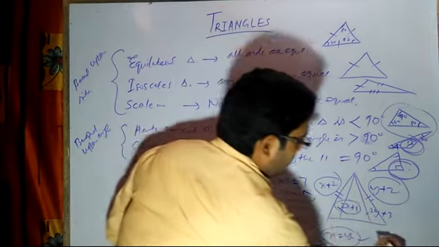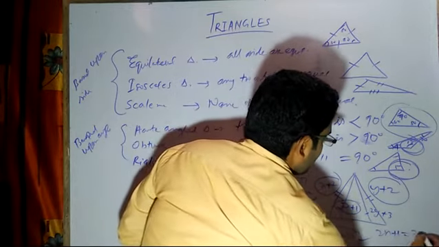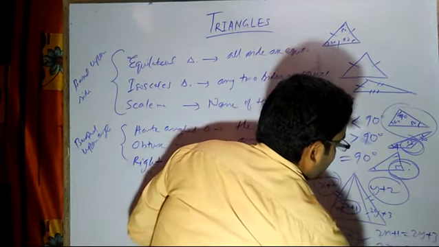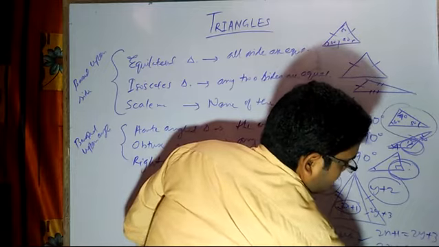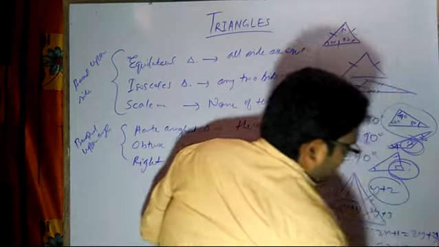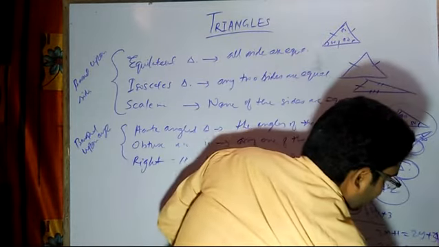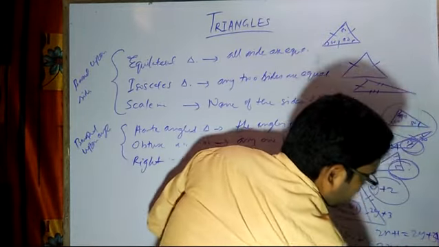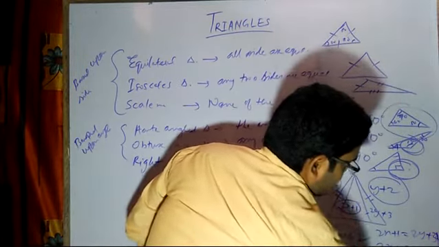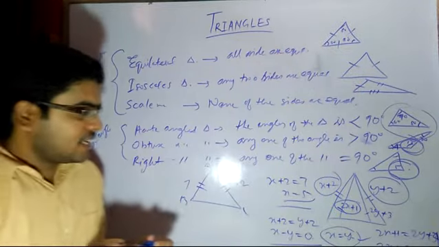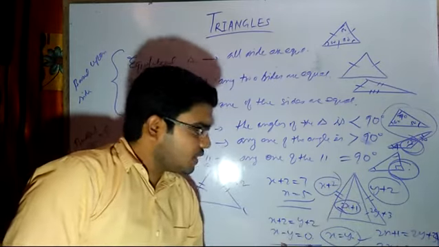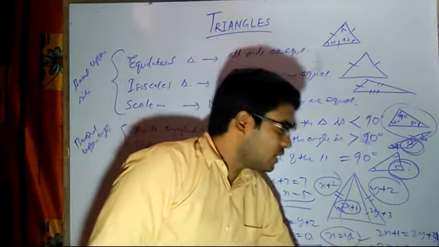After that you will write 2x plus 1 is equal to 2y plus 3. Then it will be 2x minus 2y is equal to 2. So x minus y is equal to 1. So in this way you will be having two equations. In the same way, since I have taken general numbers anyway, if you compare these two, you will get one equation. If you compare the inside one, you will get another equation.